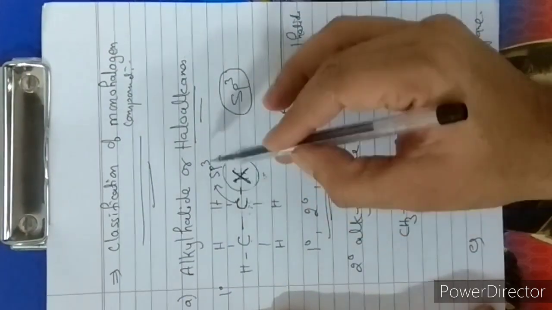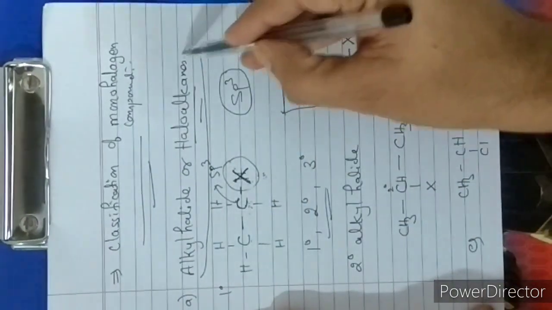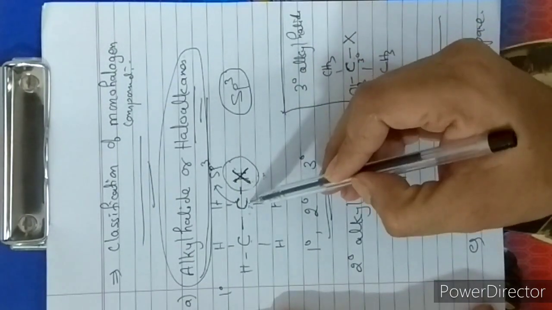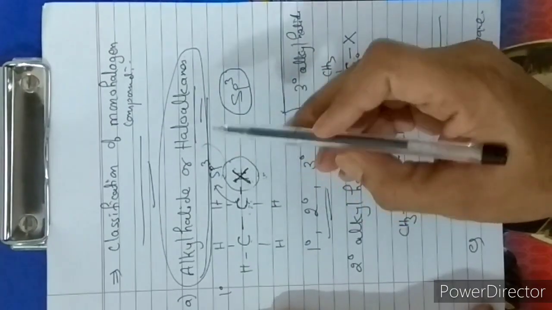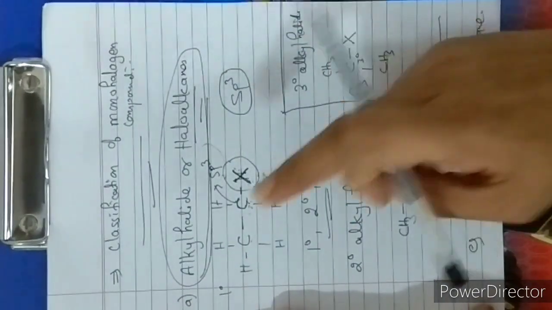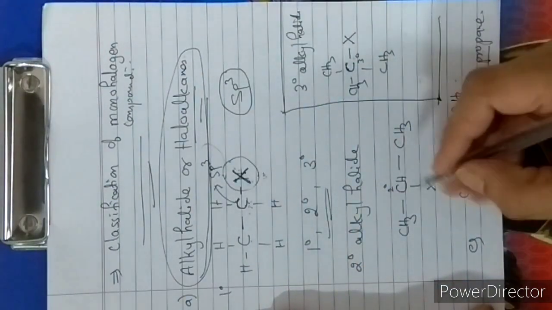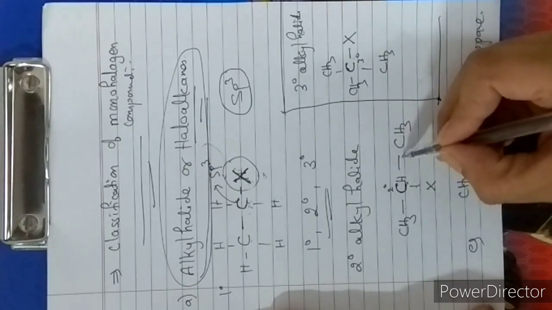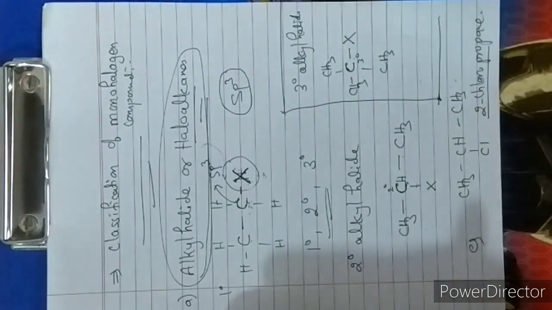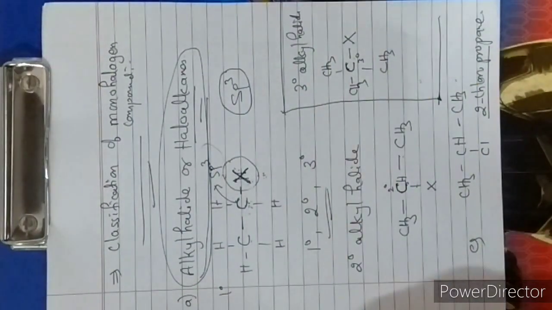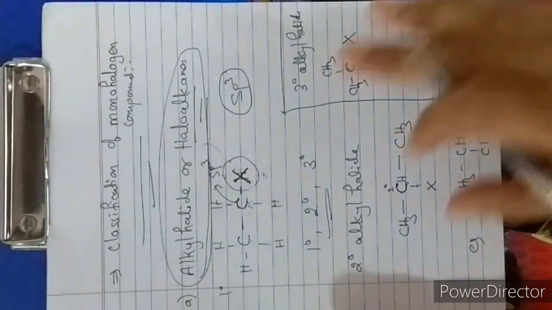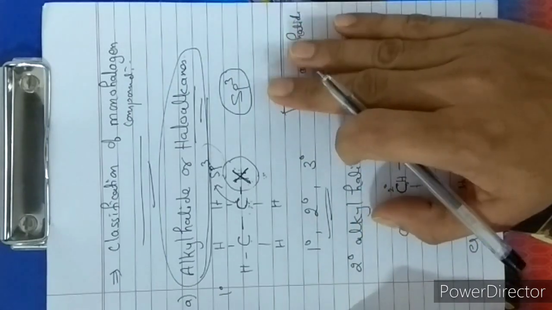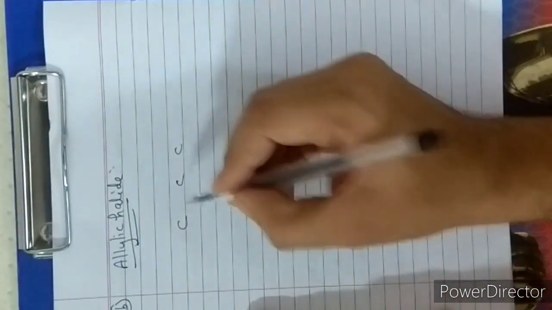Clear? Again, I am repeating one thing, student. What is the condition for this type of alkyl halide? The condition is my halogen should attach to the carbon which is sp3 hybridized. In this, it can be of 3 types, 1 degree, 2 degree, 3 degree. You can understand this. Here also, the hybridization of carbon is sp3, and I hope you know what is hybridization. If not, go and study that, right? And here